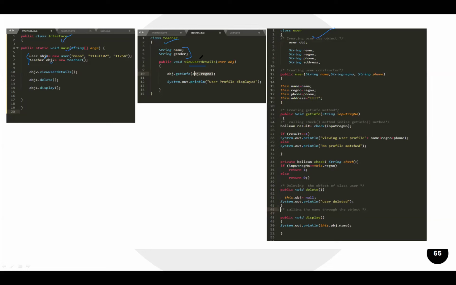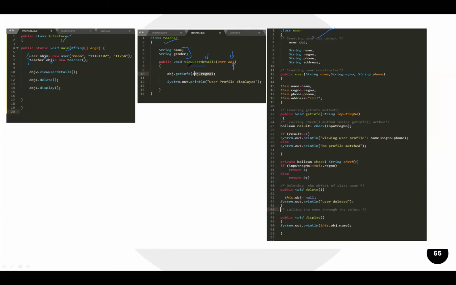In the teacher class, we have two instance variables and one method, and this method is going to take a variable which is of class type user. This is the scenario.